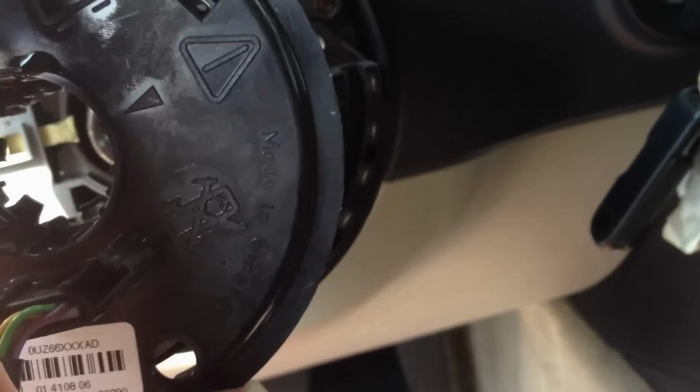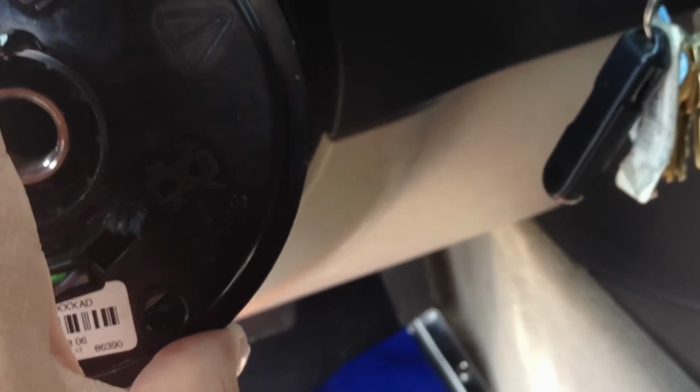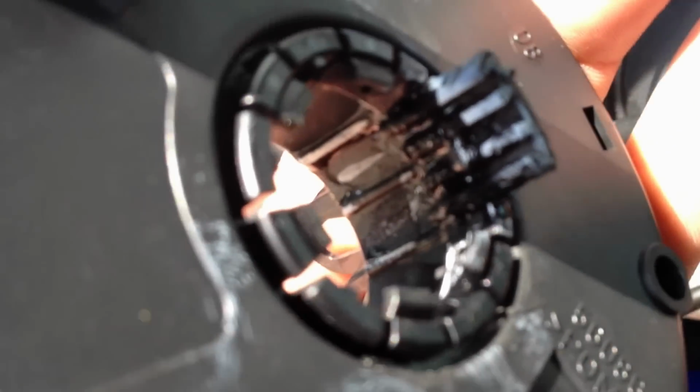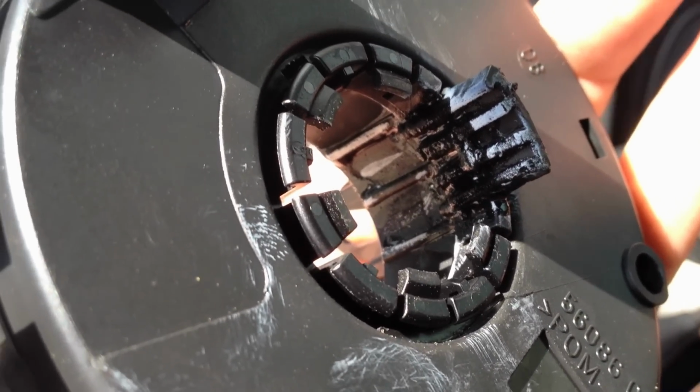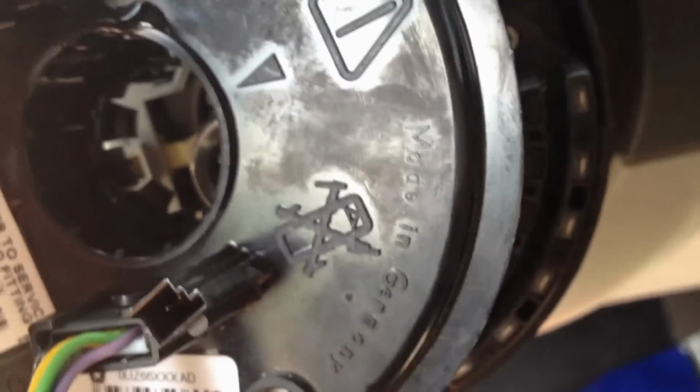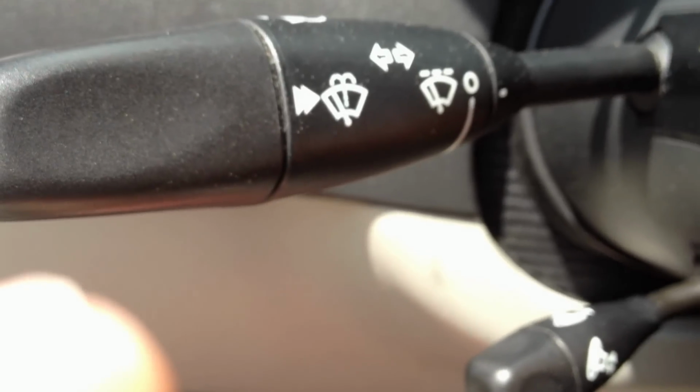Pretty much just going to put everything back together real quick, mainly because I'm running short on time. I would make the video a little bit more in depth if I had a little bit more time, but I don't. The part I did, by the way, this is pretty secure. I did super glue this, let this sit up. It's not in focus, but it is definitely secure again, so I don't think we'll have another problem out of it. You just want to make sure these are lined up going back in here, and just lightly press on it. It'll slide back in there,